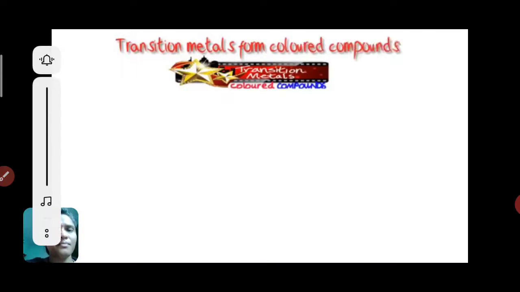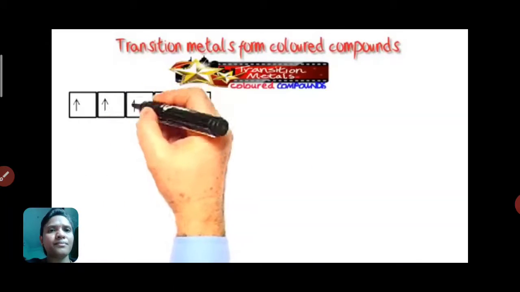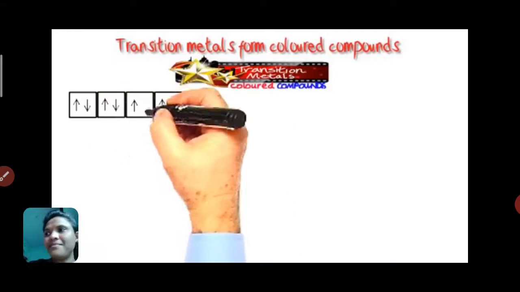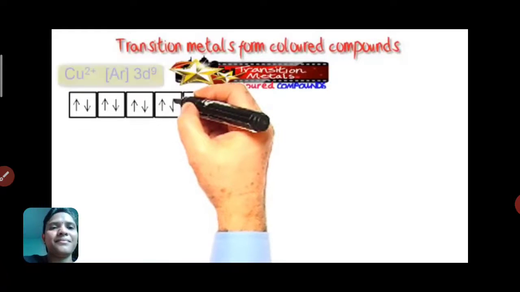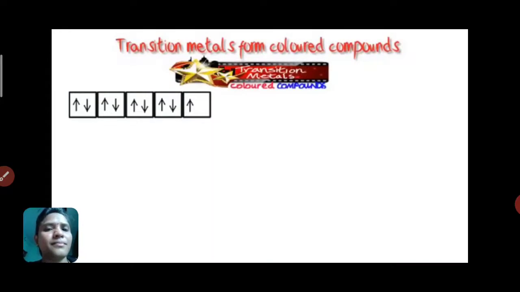This is the second in a series of videos that I've prepared on the chemistry of transition metals and their compounds. And here I look at why transition metal compounds appear in various different colors. In this first example, I'll consider why copper 2 hydroxide appears light blue or cyan in color. Let's look at the electronic configuration in the copper 2 plus ion. That's it there, 3d9. Now this is how color arises.